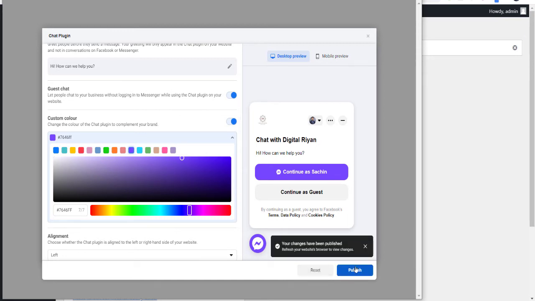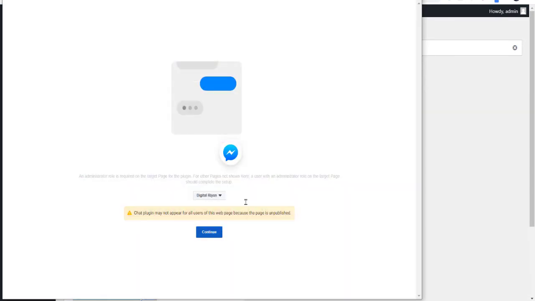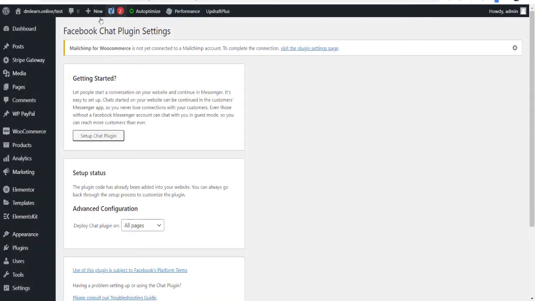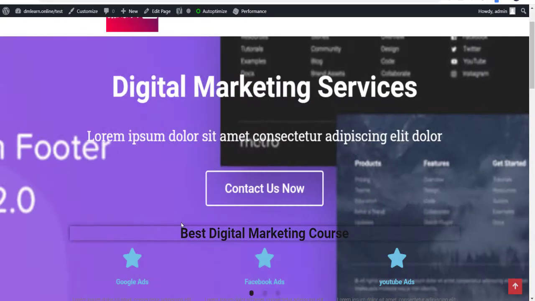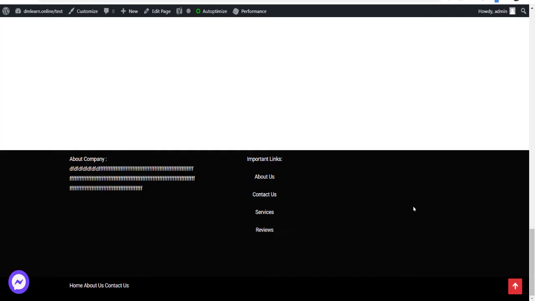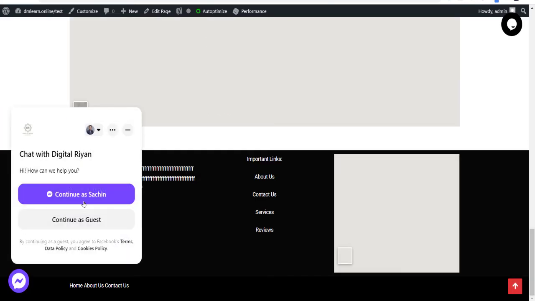Okay, it is published. Refresh the web browser and let's see how it's working or not. Now you can see it's working.